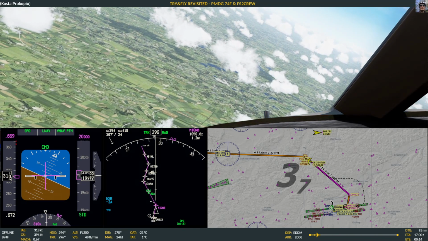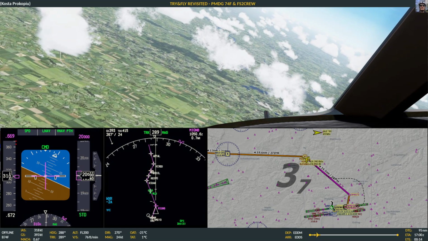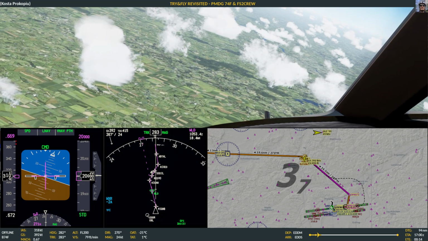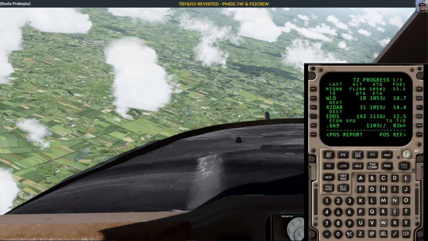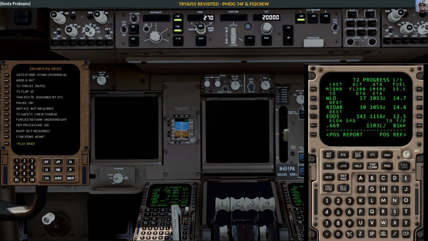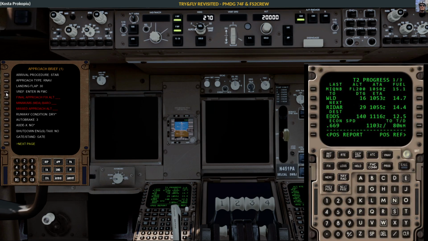So, top of descent is in 83 nautical miles. Normally in time for the top of descent we would do the approach briefing. So what I'm going to do here is I'm going to do the approach briefing without talking, so I just go here. Route procedure is a STAR. The approach type is RNAV approach, landing flaps 30. Yep, we can already enter the...